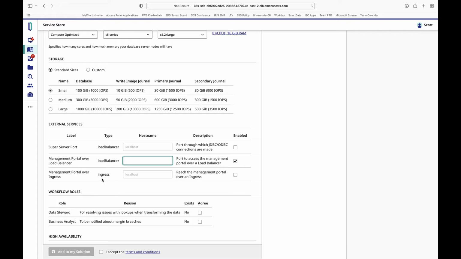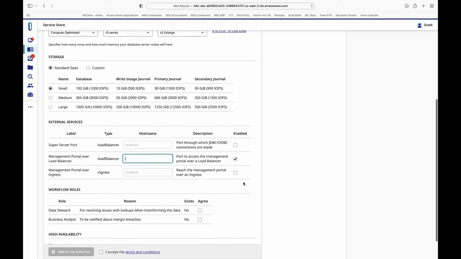And ingresses here, it's let's say you have on your Iris instance a CSP application, and that you want to expose outside the cluster for your users. The way to do that is through an ingress. So I will not get into the details of the difference between load balancer and ingress, but in summary, you have to enable the things you want exposed outside the cluster.